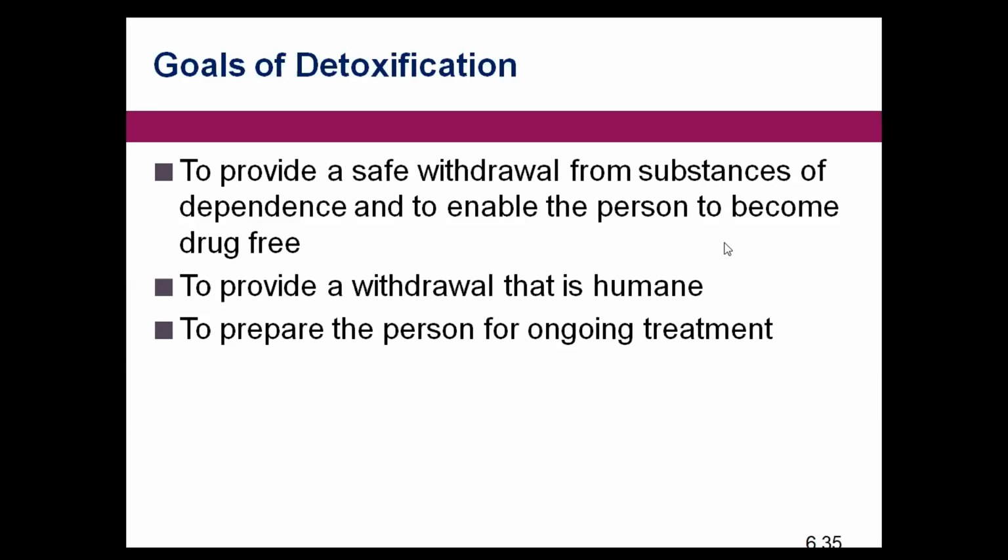also provide a withdrawal that is humane. Sometimes some people say, look, just allow them to undergo the natural course of the withdrawal syndrome without actually intervening. For some, like for the opioids, you say, let them just go cold turkey. Don't even do anything. Let them experience the full withdrawal syndrome. Maybe that may deter them tomorrow from going back to taking the substance. But some people think that is punitive, and we don't have to do that. Let it be humane, and most times it is medically assisted so that they can withdraw safely from the substance. For most opioids, we know that the gold standard is methadone. And then to prepare the person for ongoing treatment.